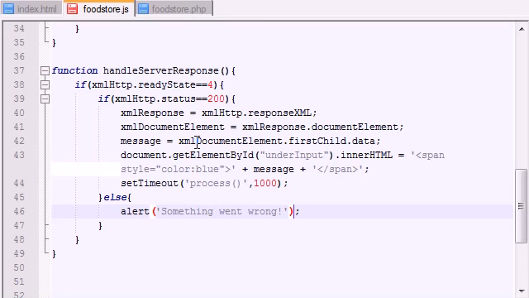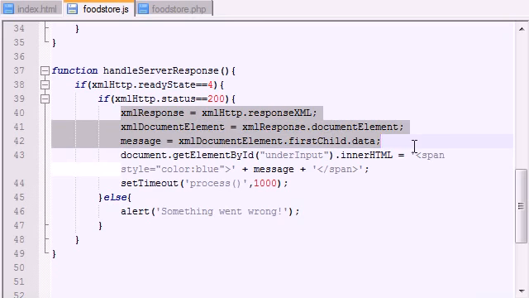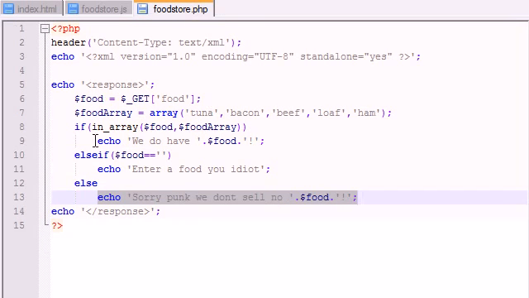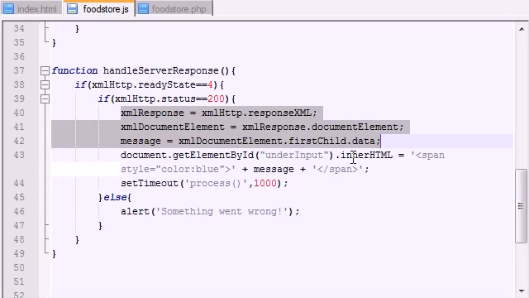Our program is complete. So one more time, remember that this function is basically what's going to be called whenever we get a response back from the server. The first thing that we do is check for errors, and hopefully we don't have any of those. If we do, then we're just going to go ahead and let the user know that we had an error. And after that, we're pretty much grabbing and dissecting the XML document that was generated by our PHP file, and